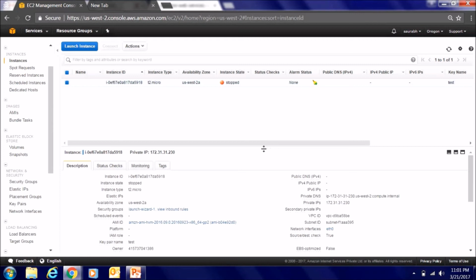Now, this particular AMI is a free version, so even if it is running, I won't be charged anything. But in case you are using a paid AMI, then you need to make sure that if you are not using it, you stop it so that you stop getting charged.